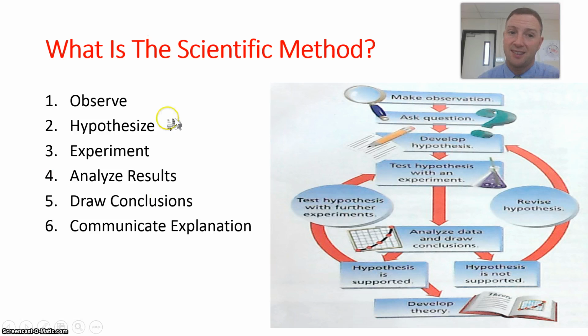Now, these are 6 steps over here, but let's take a look at how it actually works. Right? So I do my research, I make some observations, and I ask a question. I'm going to turn that question into a hypothesis. I'm going to take a guess, an educated guess at how to answer that in an if X, then Y, because statement. Right? So I develop that hypothesis. I make a prediction. I test it with an experiment.